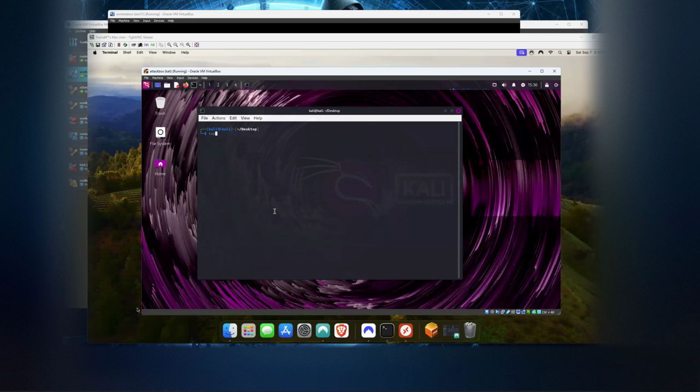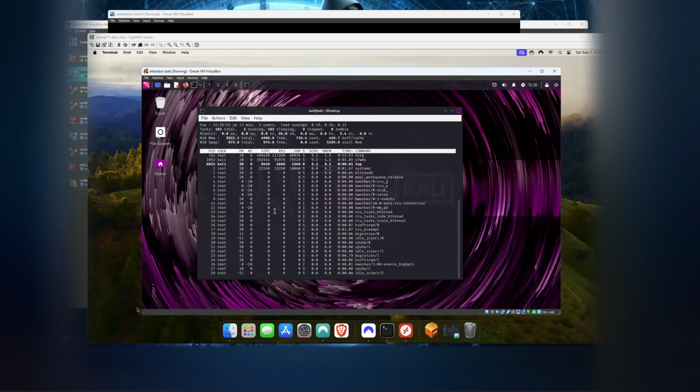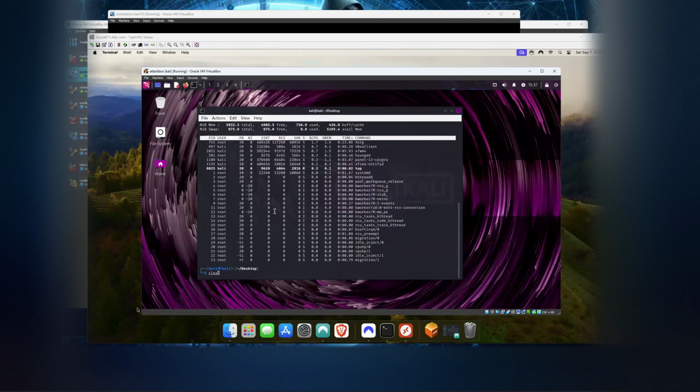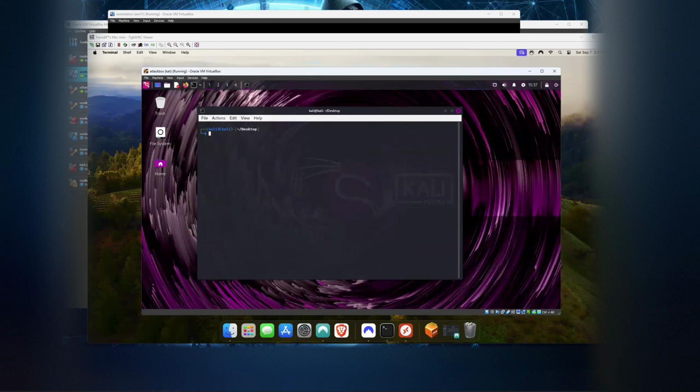Now let's check our system resources by using top. Now this will give us an overview or a viewer of all the statistics of our system. So I'm just going to interrupt that again with Control-C and clear. Let's use grep a little bit more just so you can see how it all works. So let's go grep error